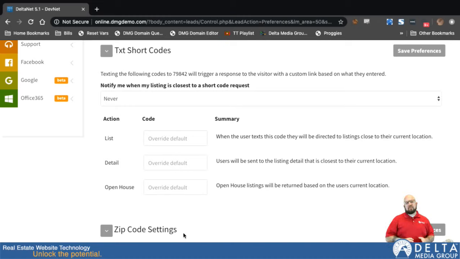This is only available to specific agent accounts depending on what the company has subscribed to. What this does, if it is available, is it allows you to set up some shortcodes that, if texted to a specific number, will send the customer back a text message with certain information on it. So, list,